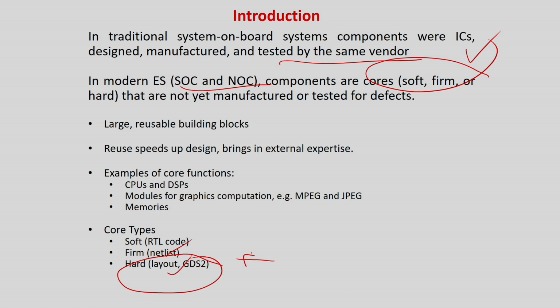Also sometimes it happens that some of the vendors do not design anything. They basically take all the hardcores in the layout level, put them in a single die, make the interfaces and sell it as a product. So in that case, that company does not know the internal details about any of the cores. But with every core the test patterns will be given by the vendor. They say that if you apply them, the circuit will be tested, and then they do some kind of testing of the internal cores, and then they have to also test the interconnects, as we will see more in this lecture. So the idea is that the cores with the test patterns are purchased and put onto the chips. Individual core testing will be done by the test patterns given by the vendors.